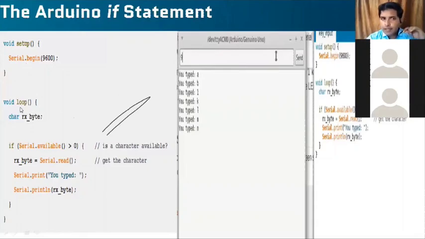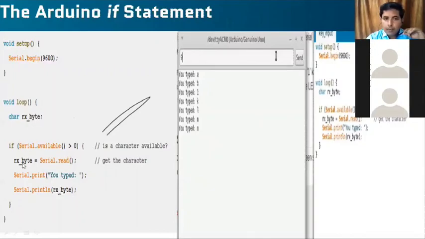Here, I'll define it again. I'm repeating this in the loop. Why am I writing this in the loop section? Because this may take many values, because my condition is: whatever value is greater than 0, it may be a character or a number. So for that reason, if I type 9, that also comes here. And if I write A, that also comes. B, that also comes.